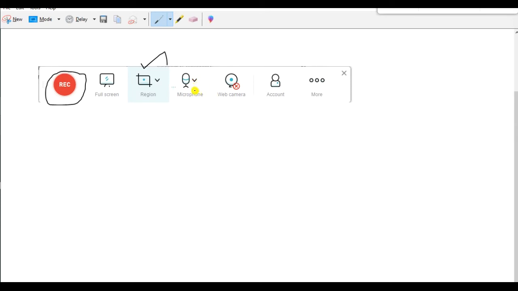And if you look at this microphone option, this down arrow, if you click it, it will have options over here. If you click on this microphone option at the bottom, the down arrow over there, you'll see options like system. Then there is the same microphone that you're seeing here. There will be three options over there. The other one is microphone, and the third option you'll have is system plus microphone.